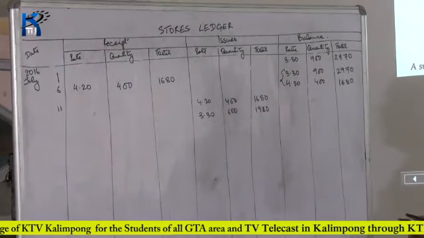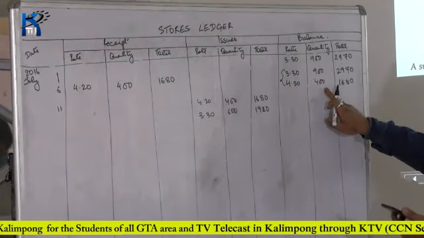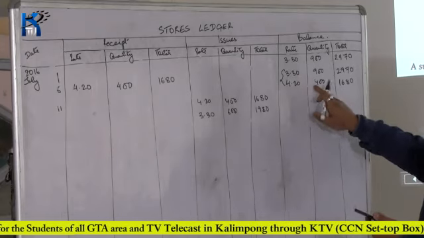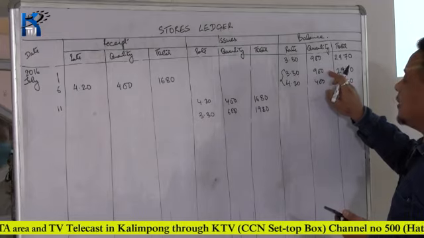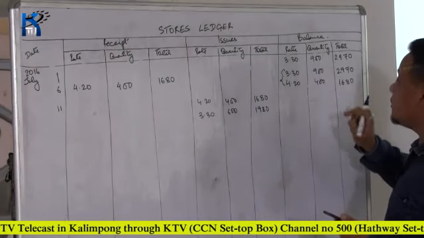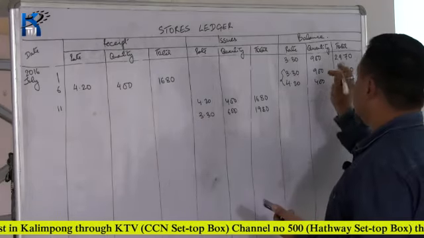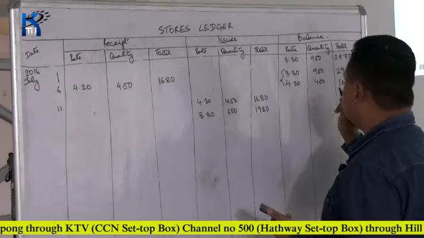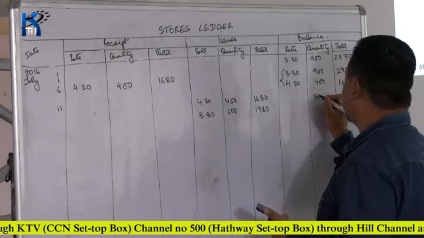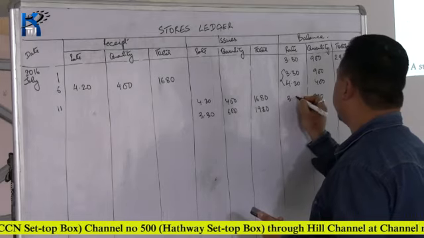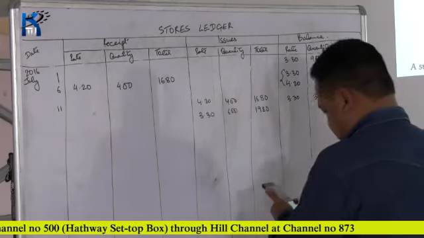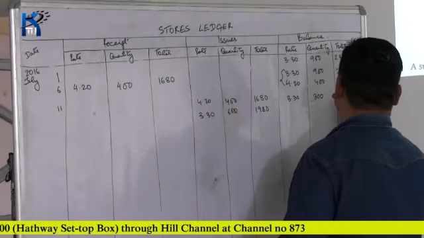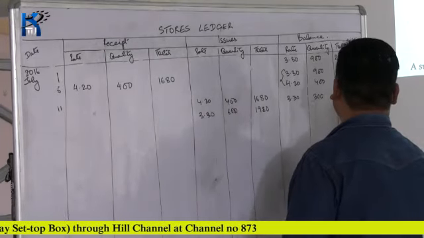So on 11th, we have issued all the 400 units from this batch, and the remaining 600 units we have issued from these 900 units. So what is remaining as the balance is, out of 900, 600 has been issued. Remainder is 300 units of 3.30 each. So the total balance amounts to 990 rupees.